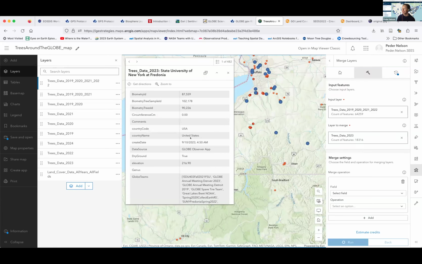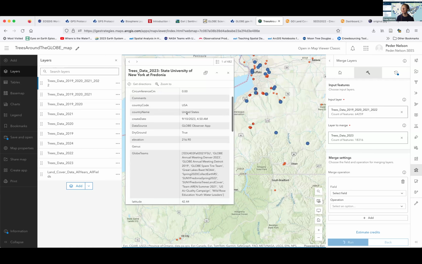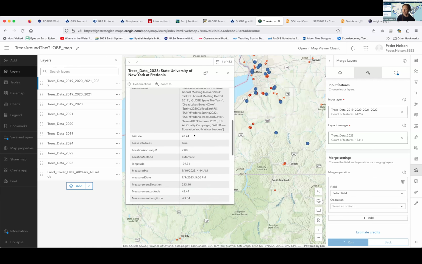And so in the tree database, we are going to have a variety of locations and attributes that have already been measured. And you can see that some of them were even a little less than a year ago.